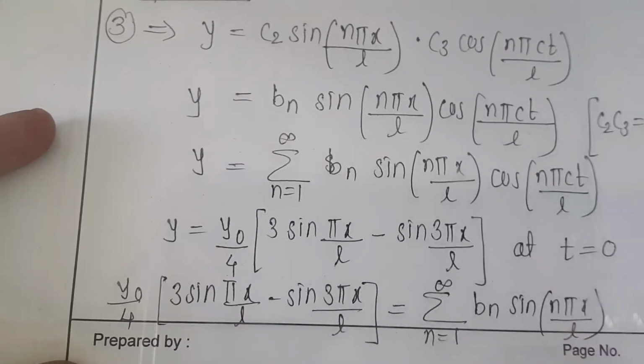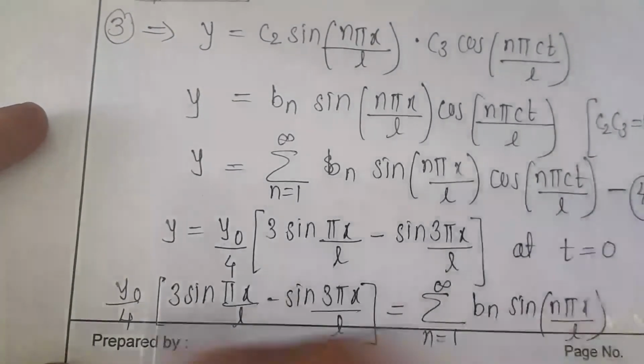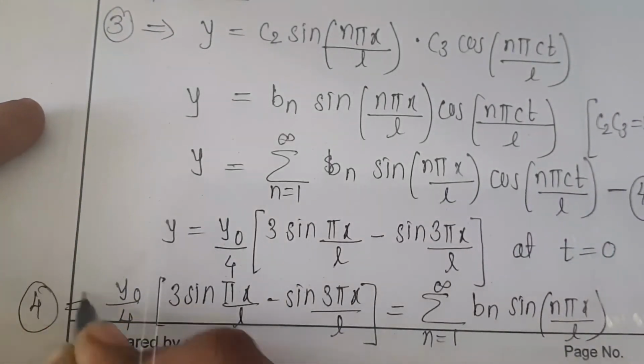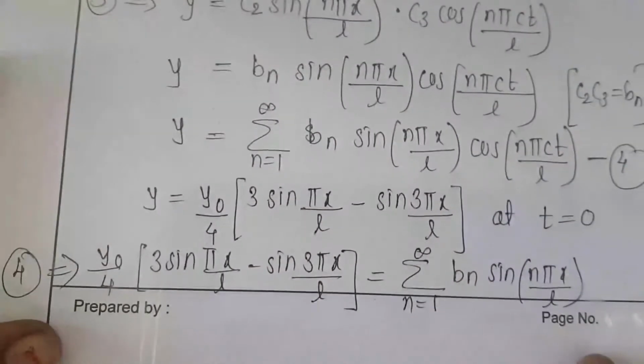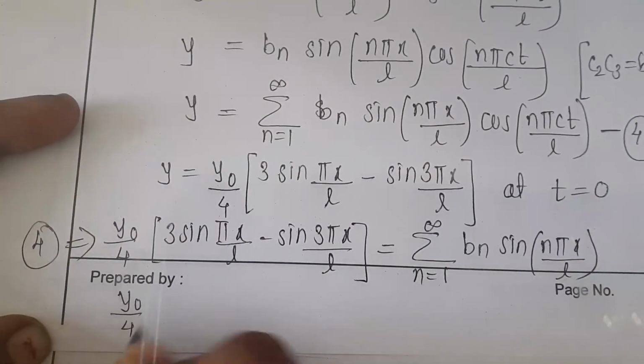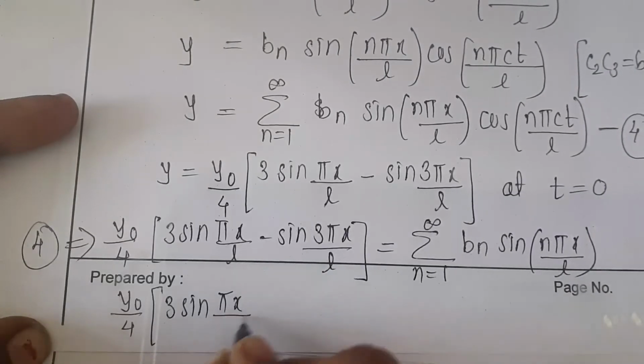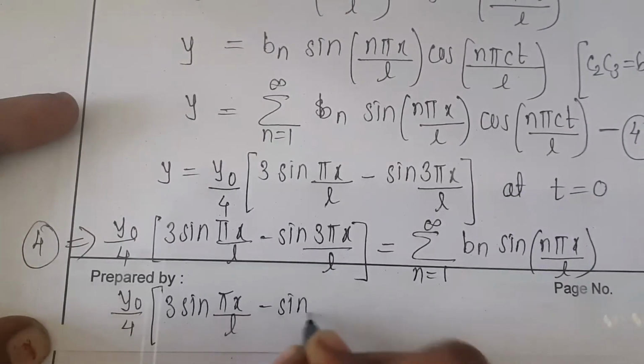After substituting t is equal to 0 in equation 4, we get this equation. Now we can write it as y0 by 4 times 3 sin pi x by L minus sin 3 pi x by L